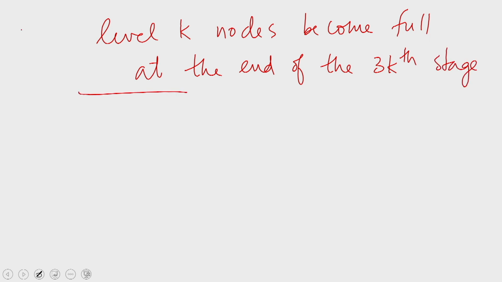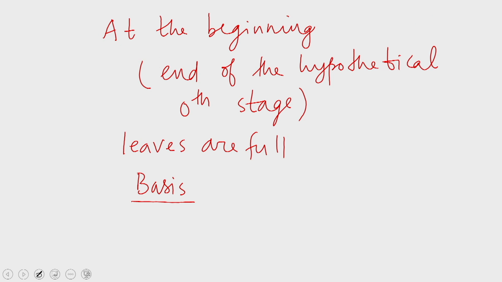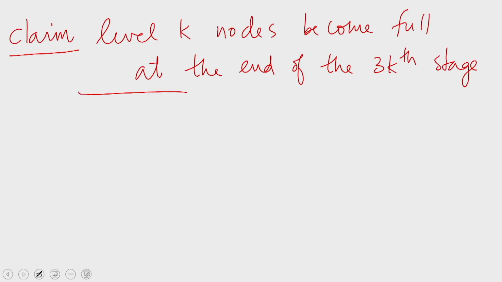This is what we want to claim inductively, for which the fact that at the beginning we had the leaves full will form the basis. We assume that the leaves are at level 0, and at the end of the 0th stage, which is a hypothetical stage, the leaves are all full. So that forms the basis. Now, by inductive hypothesis,